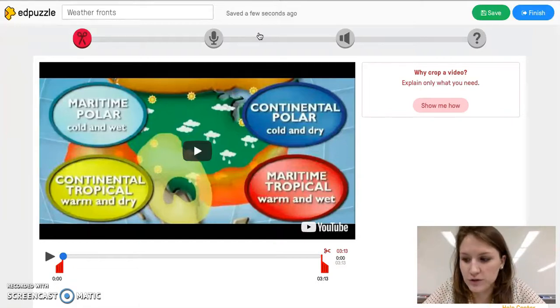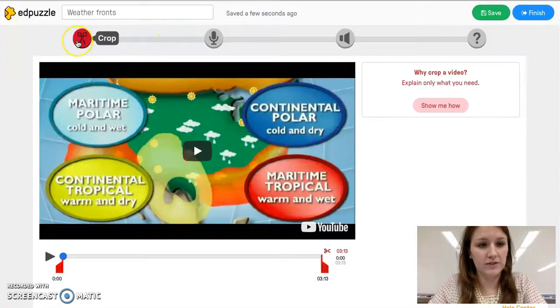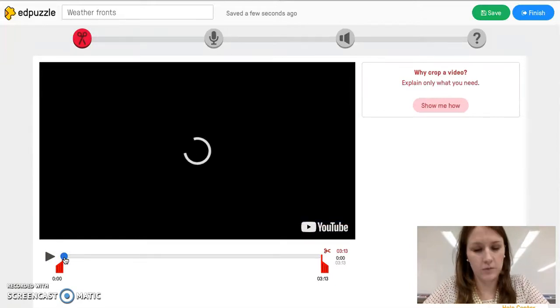So the first feature, once you have chosen your own video and decided to use it, is our cropping feature. That would be those scissors here. If we look at our menu bar down here, say we start watching our video on